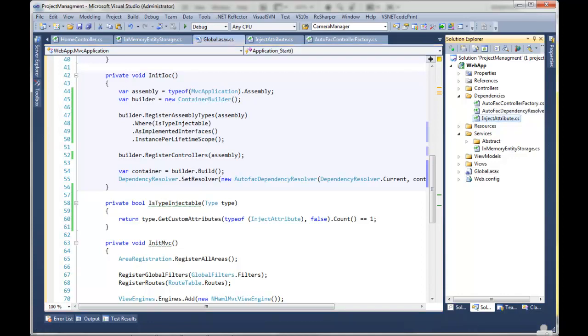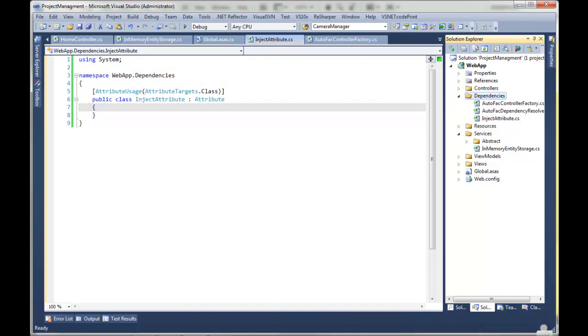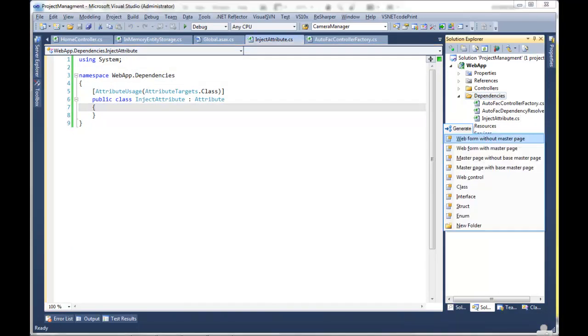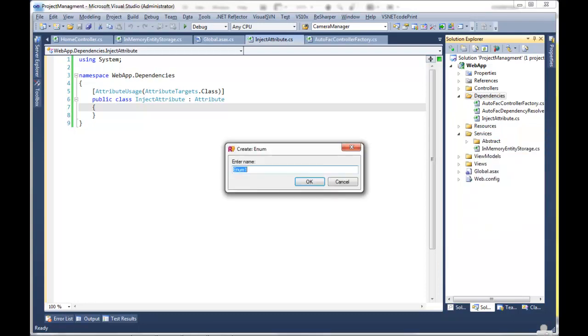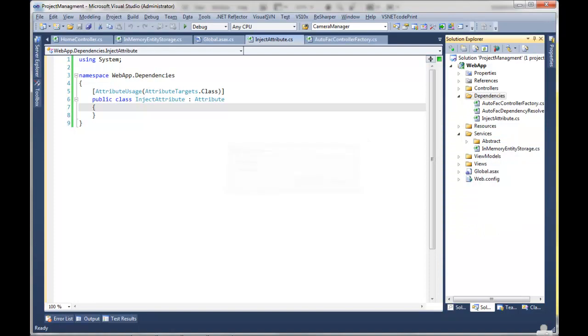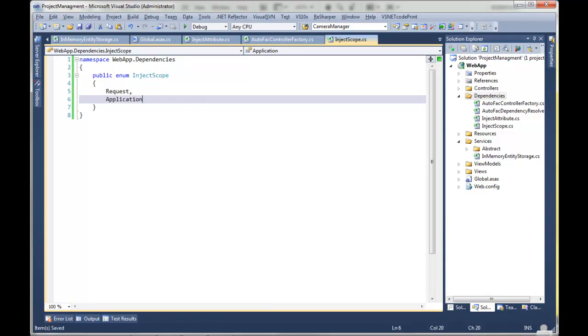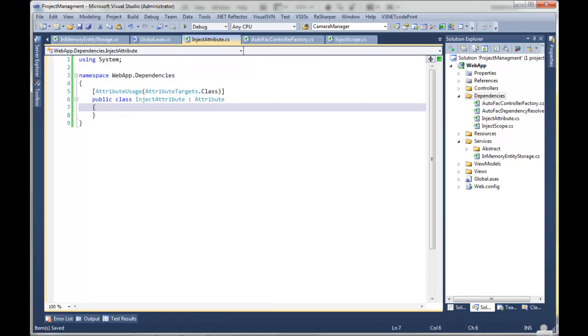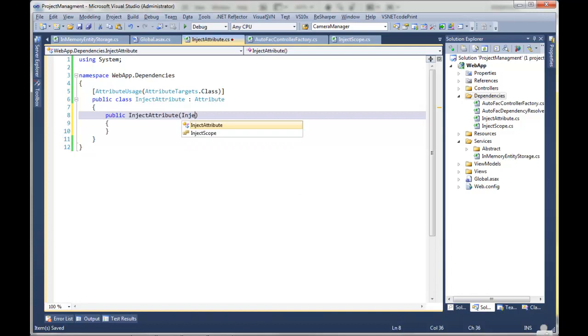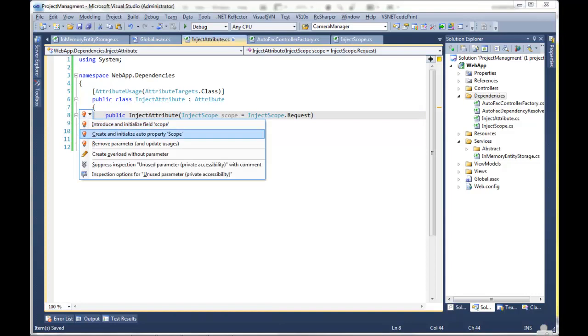I wanted to introduce two more things really quickly. You notice how sometimes it's useful to inject things into the attributes or into the application scope. Sometimes it's useful to inject them into the request scope. So I'm going to add an enum called InjectScope, and it's going to have a request or application, and then our attribute is going to take a constructor argument, and it's going to default to request, and then we're just going to dump this in an auto property,